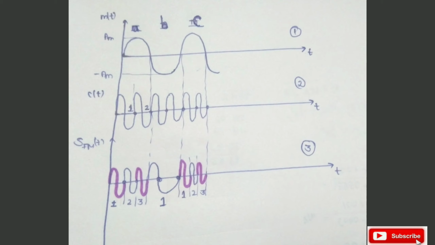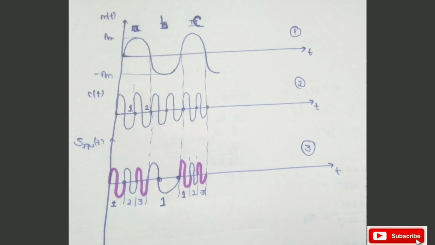So here the frequency of the resultant signal will increase. So in the third wave, the resultant FM signal frequency increases. In this area, it obtains 3 cycles of the sinusoidal carrier, and in the B area our amplitude is negative. So here the amplitude of the message signal is decreasing, so the frequency of the resultant signal decreases.